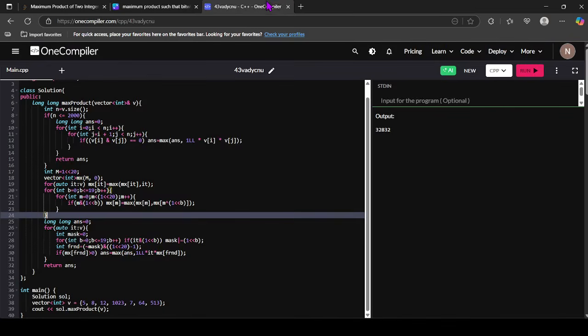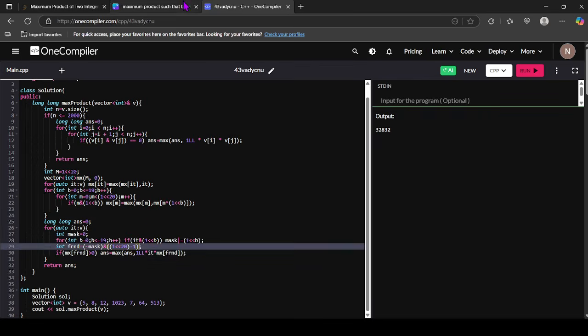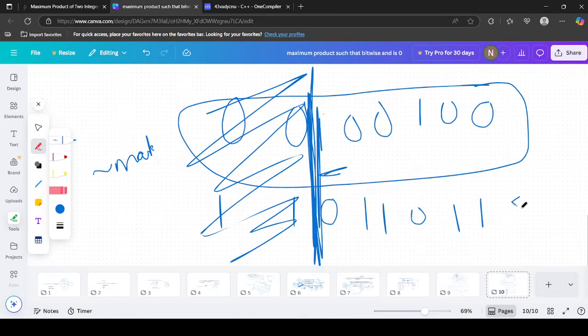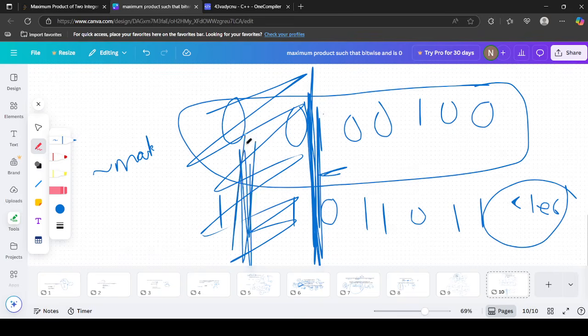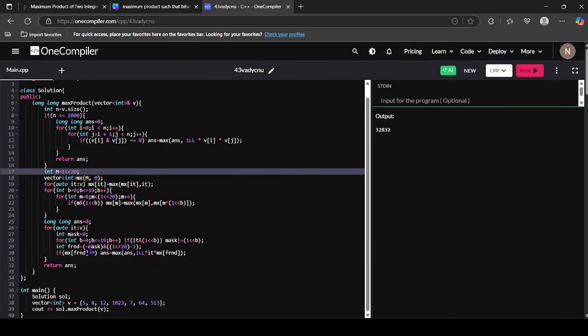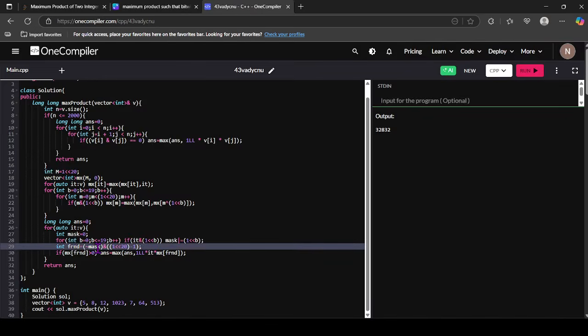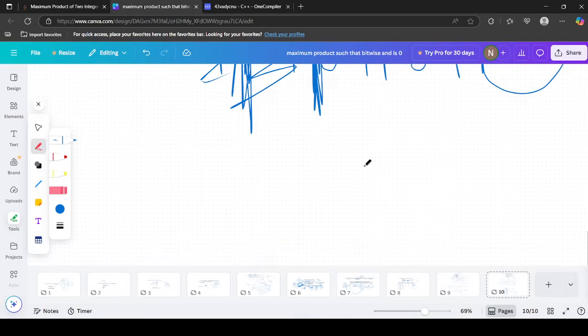Because the numbers are only up to 2 power 20, we have to restrict that. Maybe there can be ones also, but we have to restrict to that. So simply not mask. This means that it will negate all the bits of the number. So negate the bits, and then bitwise AND with 2 power 20 minus 1. So what is 2 power 20 minus 1? It is simply the 11111 answer,